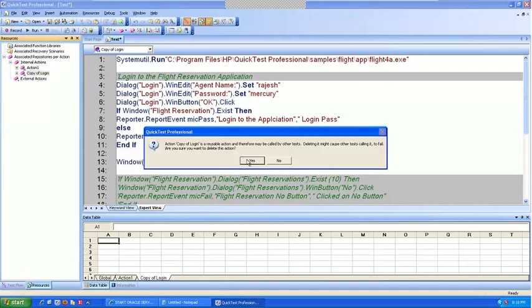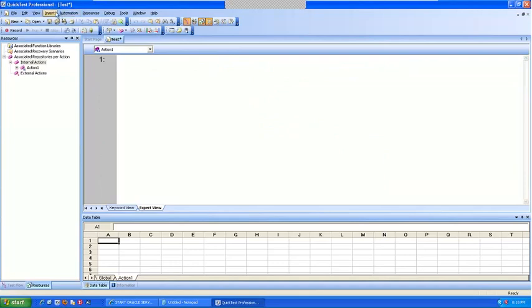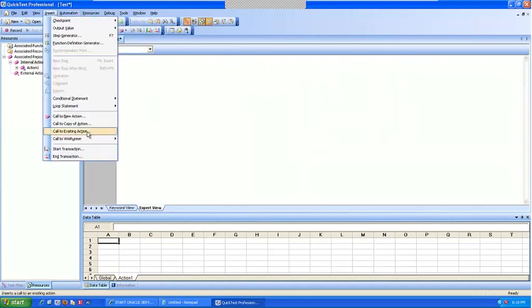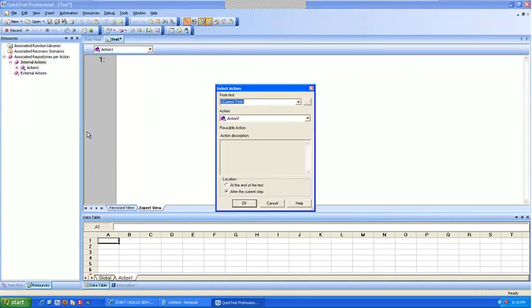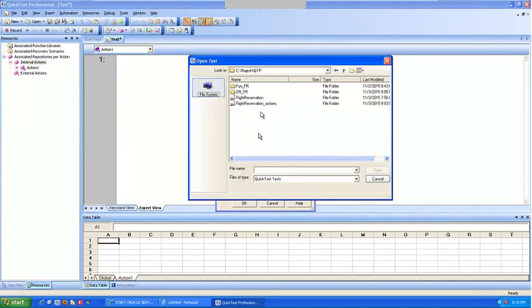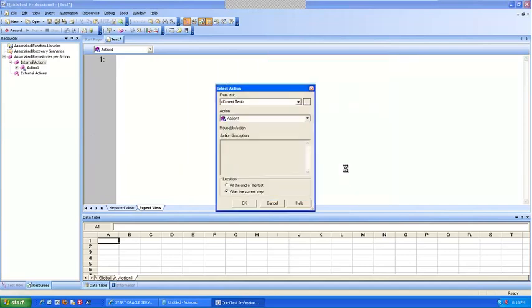Now, if I delete this and say call to external action, what happens when I select the same thing? Now it is asking what you want. I want the login.